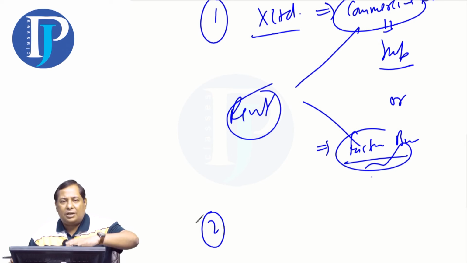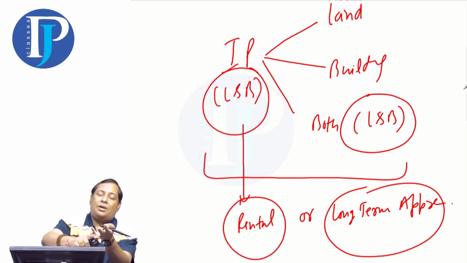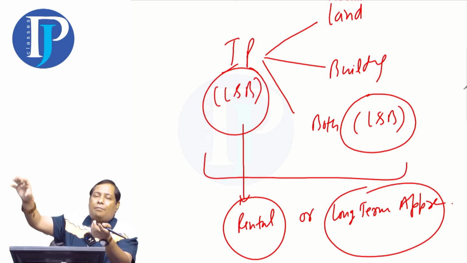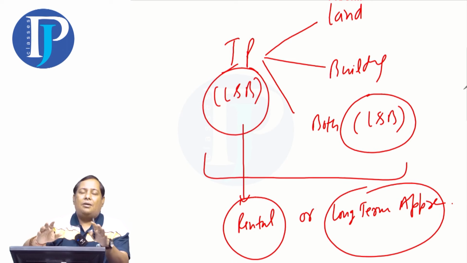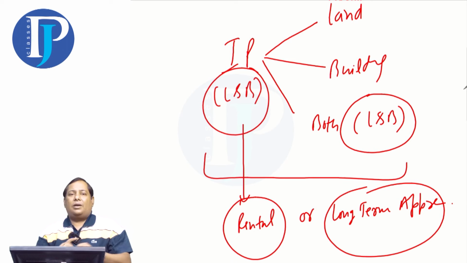So the meaning of investment property is very simple. Land, building, or it can be both land and building. But what should be the objective? It should give you rental income or appreciation in value over the long term. I have bought a flat in a DLF project. I didn't rent it out. I have kept it closed. I will sell it after 4 or 5 years when the rates increase. That's appreciation. If I rent it out, that's rental income. There are only 2 reasons in investment property.